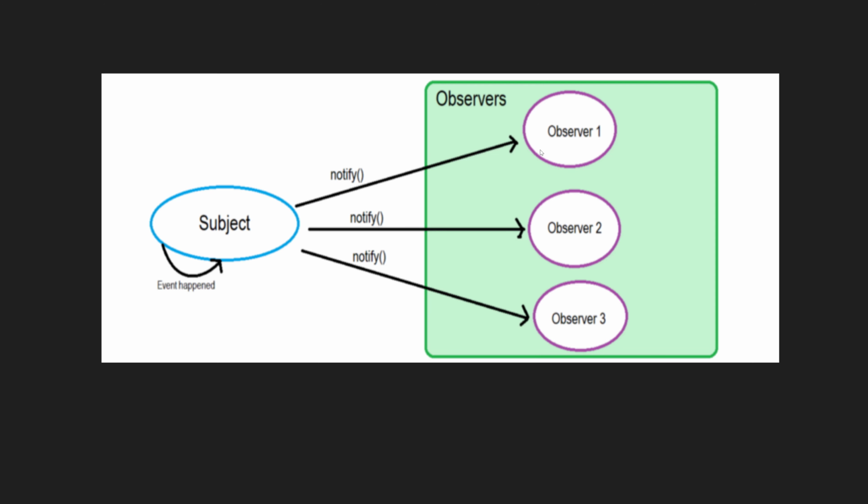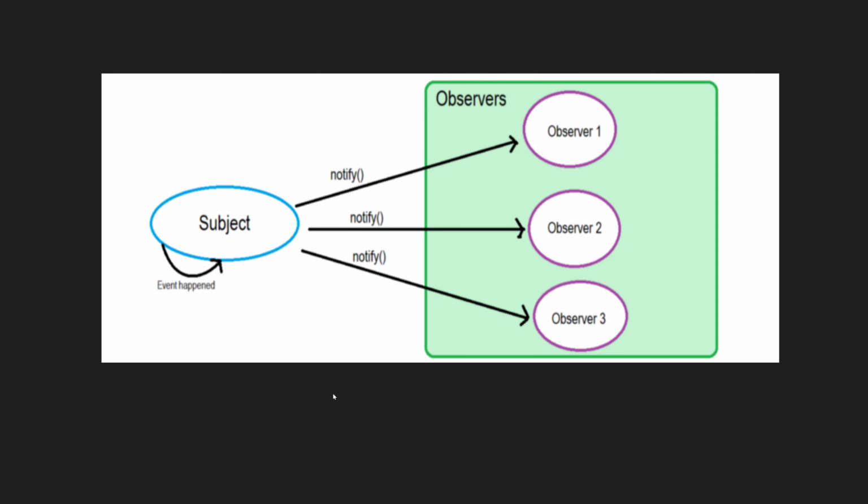Now for example, you have an array of data, something like 3, 6, 9. First the subject will send the first value, 3 or something like that, and it will send the value to each of the 3 observers. Whenever the observer receives the data from the subject, it will execute its own independent logic. Each observer has its own independent logic. So this is nothing but an observer pattern.